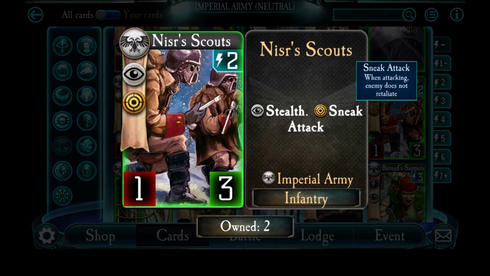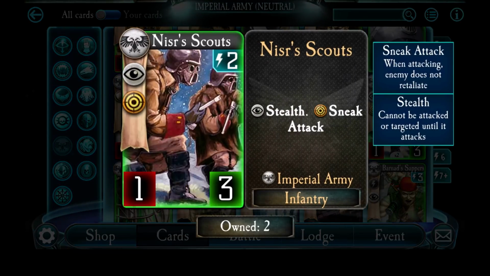Next up is Nisr Scouts. These guys are good. They're very popular because they've got stealth, so when they get deployed, they're not going to get killed immediately. They've got sneak attacks, so they don't take any damage while they're attacking. And although their attack value is low, it's only 1. There's a lot of cards, like we just saw the Frisian Auxiliaries earlier on, who cost 1 energy. There are various other cards which will allow you to increase the attack value on units, and Nisr Scouts combos excellently with that. They've got enough health that they can take at least 1 hit from many units and abilities in the game,